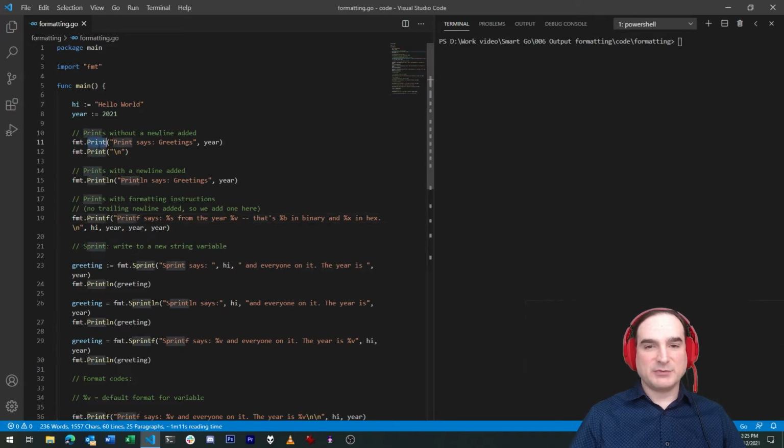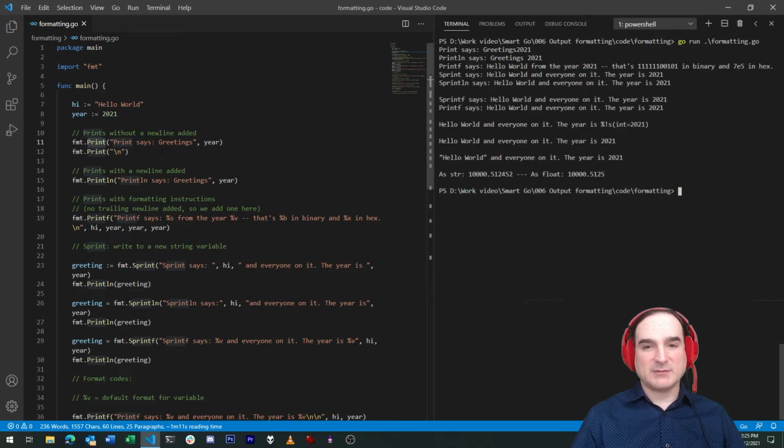The most basic is Print. All this does is print whatever variables you supply, one or more separated by commas, to the console, and with nothing extra. It doesn't even add a new line. If you want to automatically add new lines and spacing between elements, you can use a different function, Println. Now for most jobs, either Print or Println will work fine if all we're dealing with is just strings or integers and we're printing them as is.